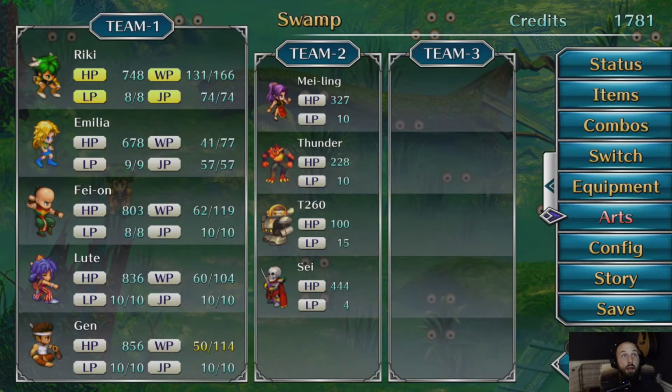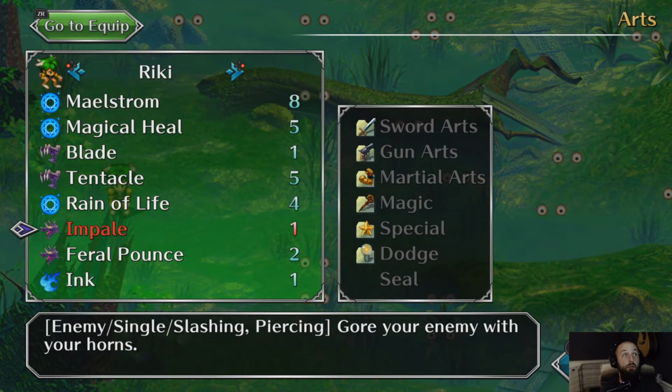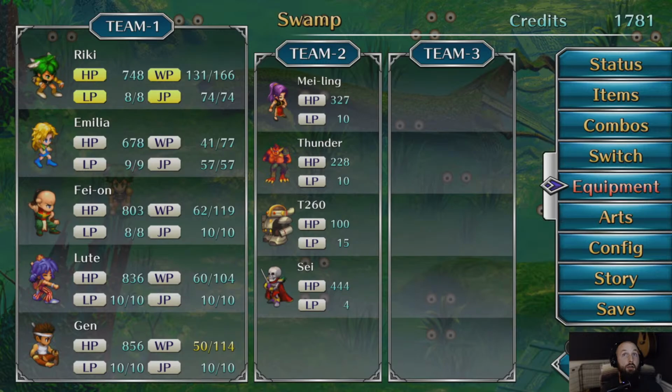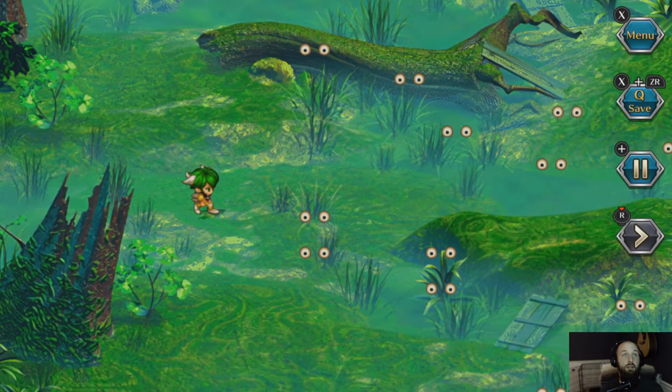And right now I'm a small Kraken. I have a ton of health. I got a bunch of cool abilities. This Rain of Life right here is freaking amazing, because basically it's an AoE heal. It can restore everybody's health at the cost of 1 life point, which is kind of costly, but it's definitely...